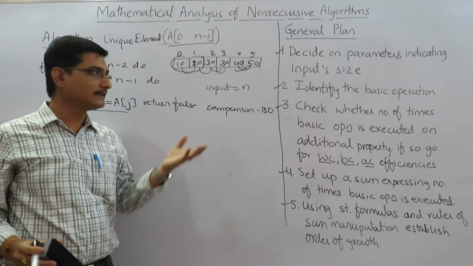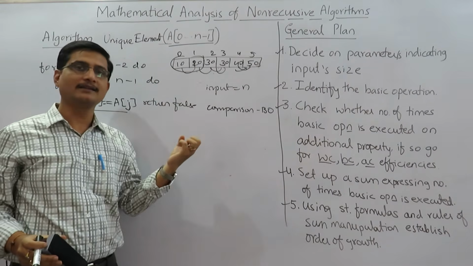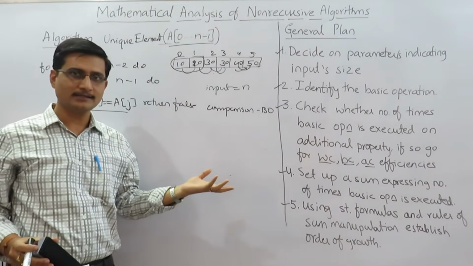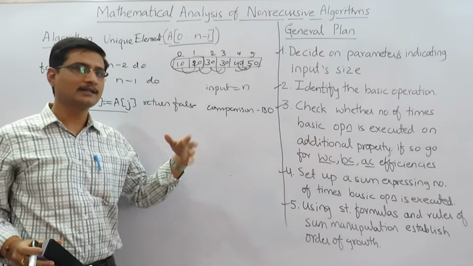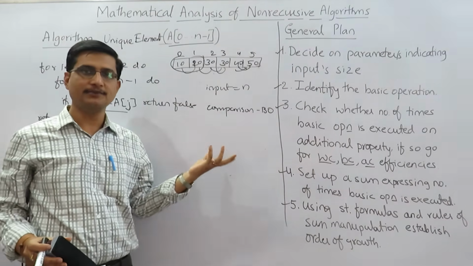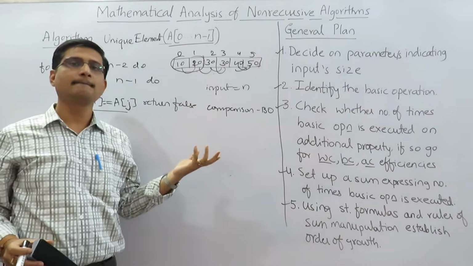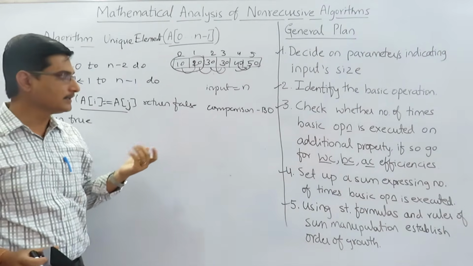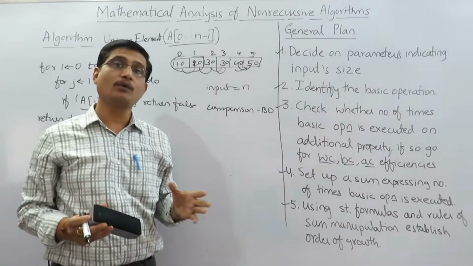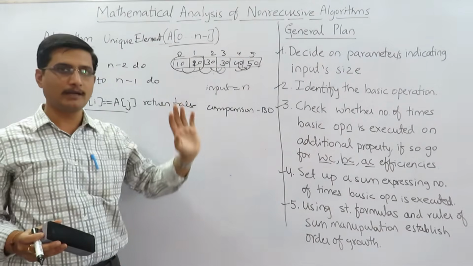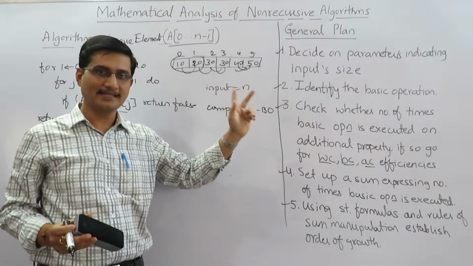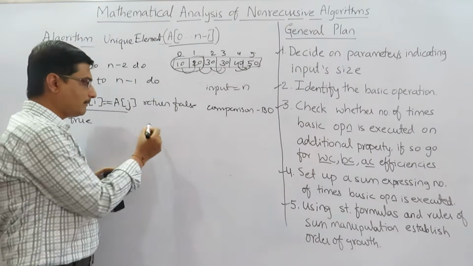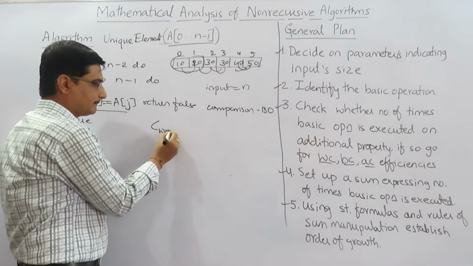We will have the best case, that is when the initial two elements are the same. If the last two elements are the same or there are no equal elements, that will be the worst case. So we have two different worst cases, and the average case is somewhere in between, if there are some equal elements somewhere in the array. We will restrict our discussion to only the worst case, assuming there are no equal elements or the last two elements are the same. Then the number of comparisons goes till the end of the array. So we will have C worst of n.